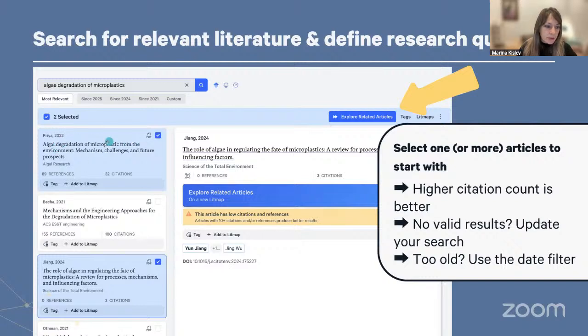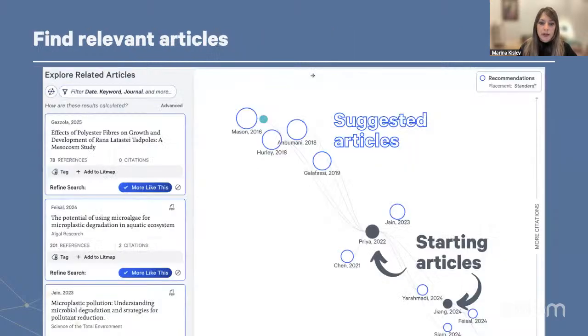So here I found some relevant paper, here I found another, I just checked both of them. And then if I click explore related articles, this is how we get to what we would say is the meat of Litmaps. So this here is a lit map. It's a literature map where we used our two input articles from the last step, these gray dots, and search